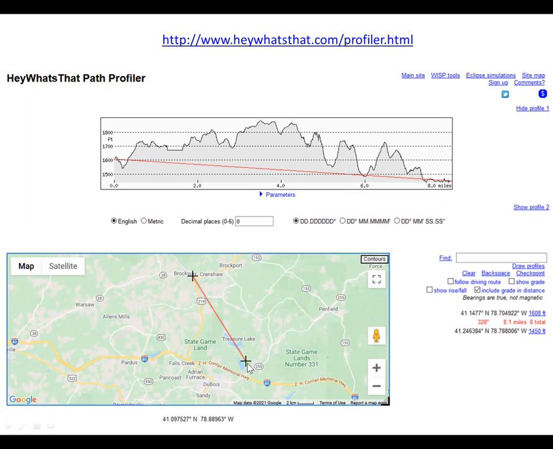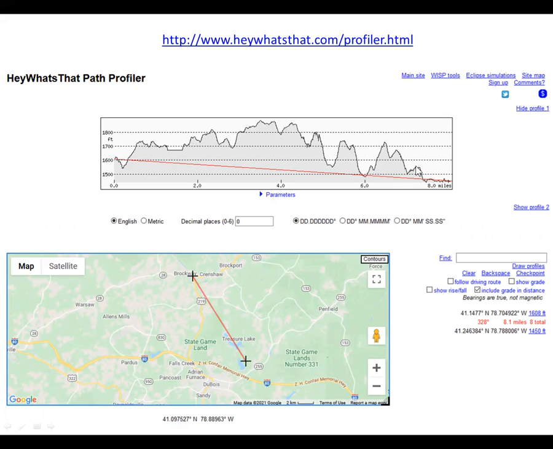And what it is, it's a map tool that you can use. For example, I'm located here in Treasure Lake, and let's say I wanted to see what the terrain was from my house to a point in Brockway. So I establish those 2 points, and that's what this graph is here, where here's my location, and then the direct line of sight to the other location is shown here. It's 8 miles away,